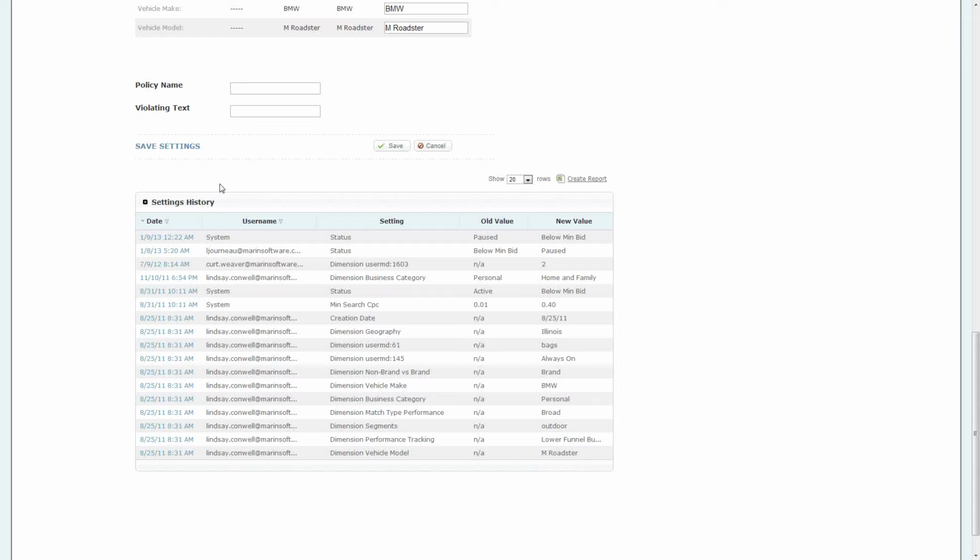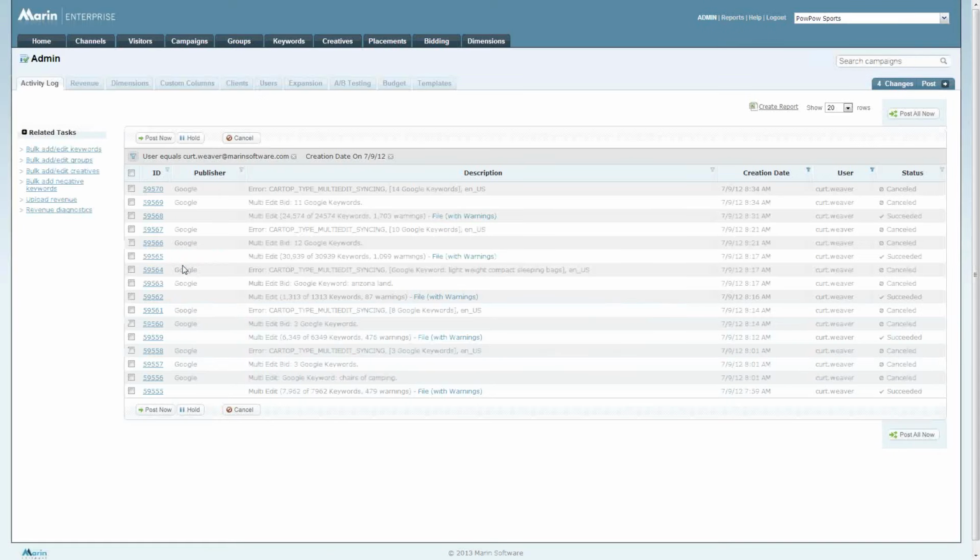Now, the activity log, as you're aware, provides jobs that are in held status, jobs that have been pushed through, anything that is associated with your account. So revenue uploads, cost downloads, all of those are in your activity log. What this enhancement now does is that if you're in your settings history and there's something that piques your interest, by clicking on the date and timestamp, a filter will be placed on your activity log as you're navigated to